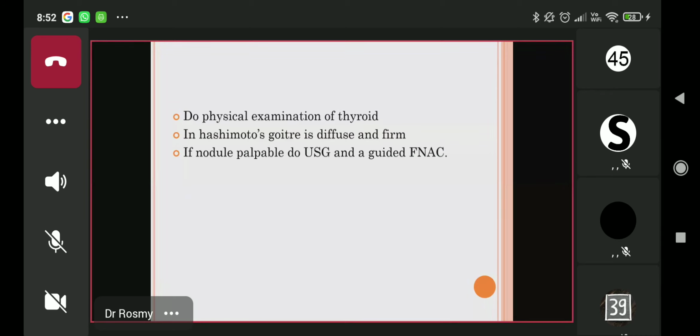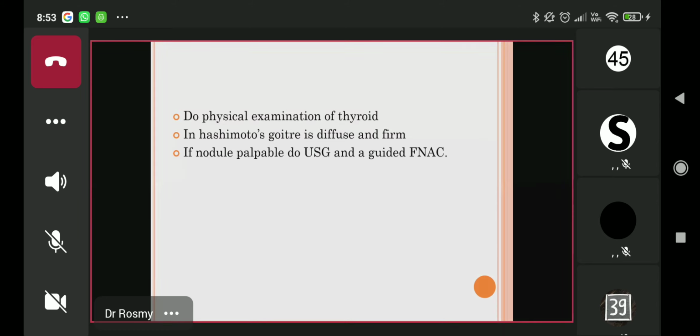If you take the blood pressure, so you will tie the cuff, and in a hypothyroid patient, you will find a hypertension. So mind you, every patient of thyroid, whether it is hypothyroid or hyperthyroid, you are supposed to check the BP, and you are expecting a hypertension. That is a raised BP in both of them. It will be a systolic rise if it is hyperthyroid. It will be a diastolic rise if it is hypothyroid. And if you put your hand on the pulse, you will find that there is bradycardia, or the rate is less. So it will be less than 60. So that is one thing you will get to know.